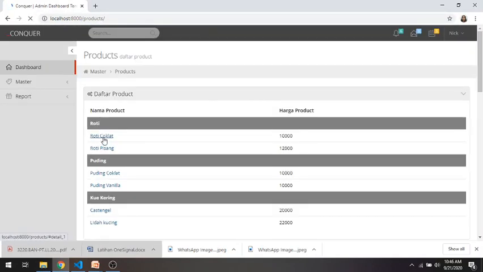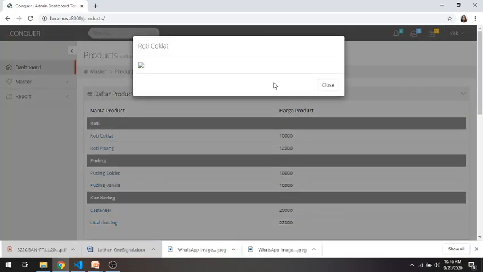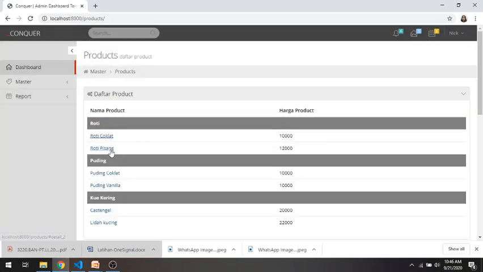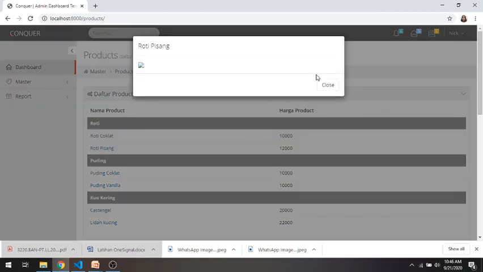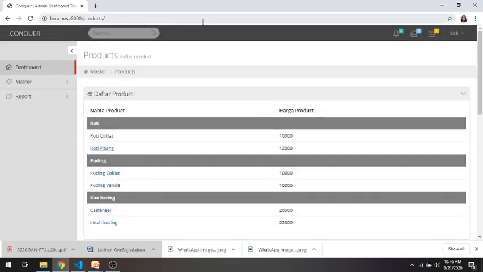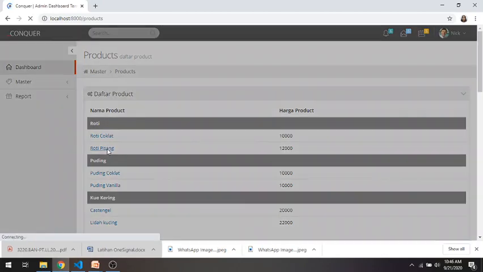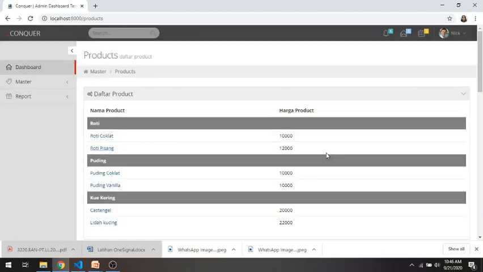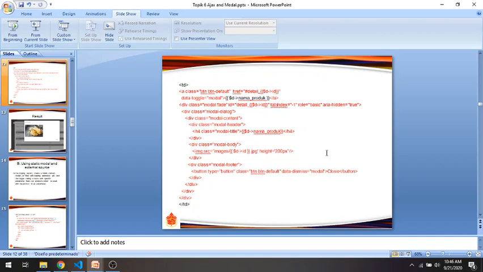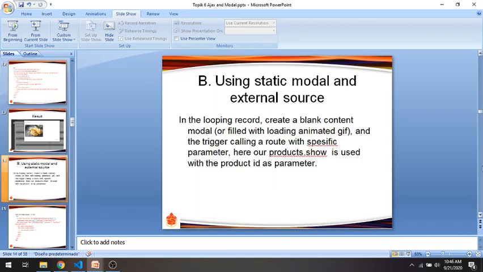This is already used for the first way. Maybe we need to make an asset here. Next, our second way, use a static modal and external source.